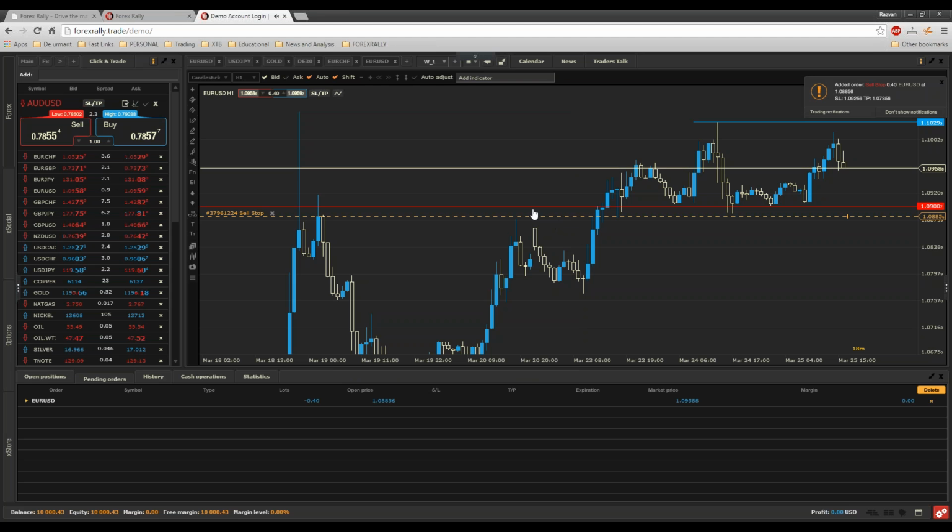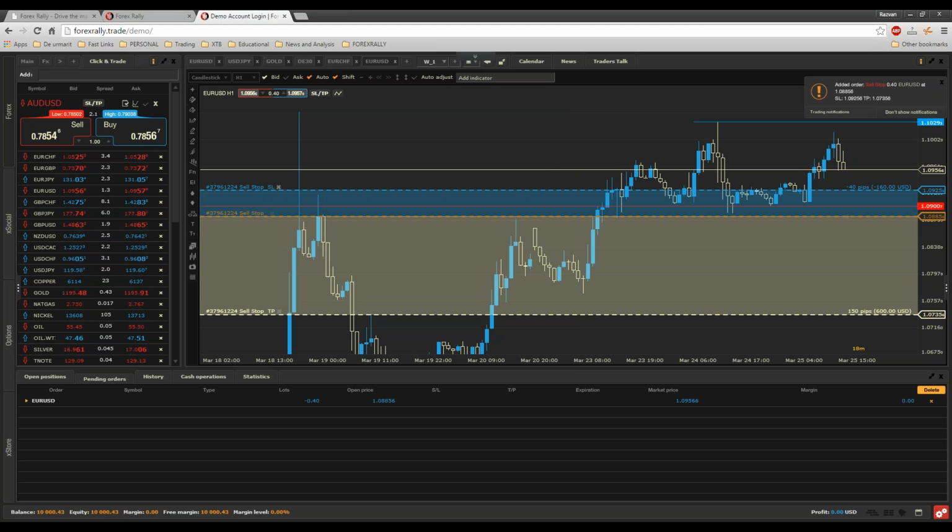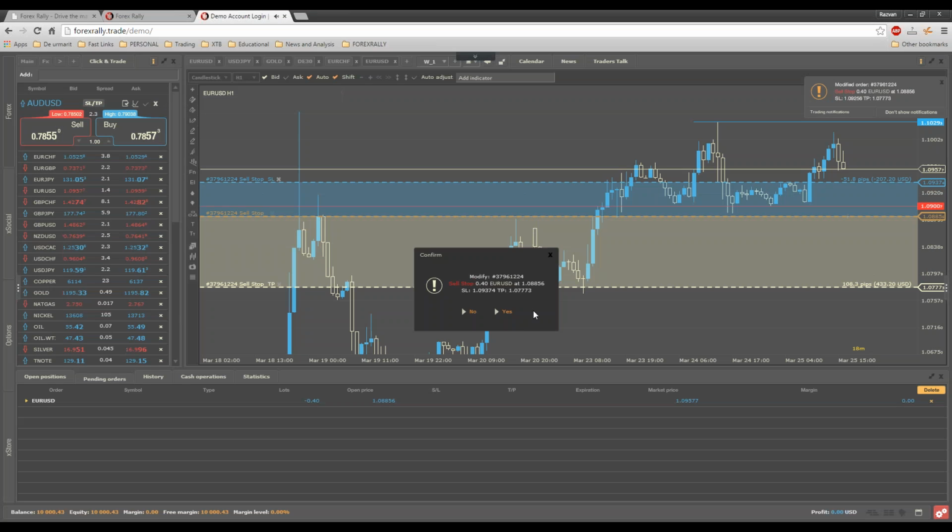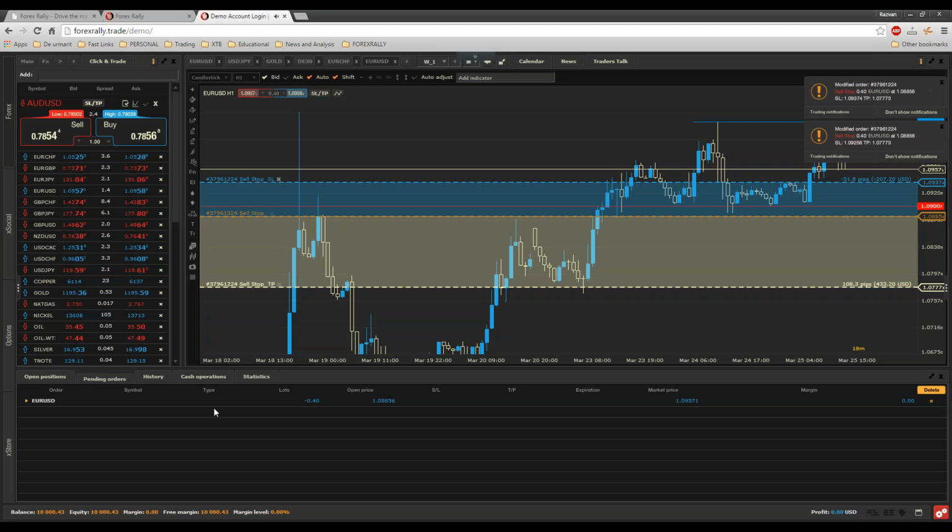confirm, and I have this line on the chart. If I click it, I'll see live. I'll see a visual blue for stop loss and a darker white for the take profit. I can adjust this just by click and drag. Click and drag. That's everything I need to do. And I'll see my pending position here. These are the details for my pending order.